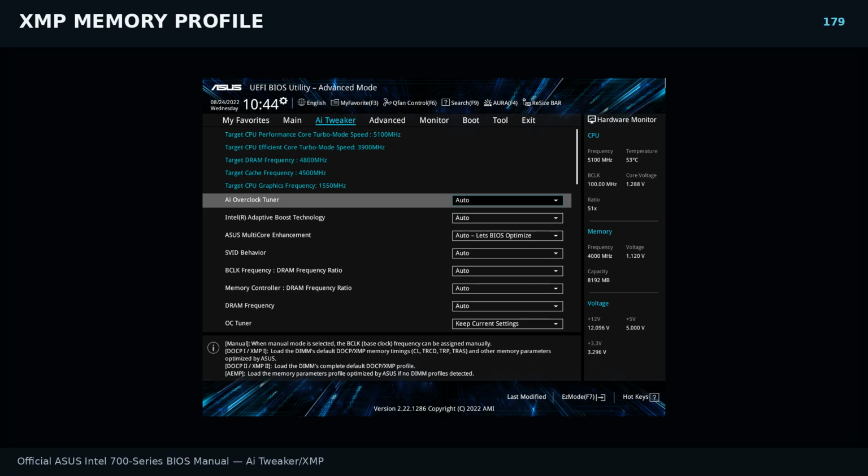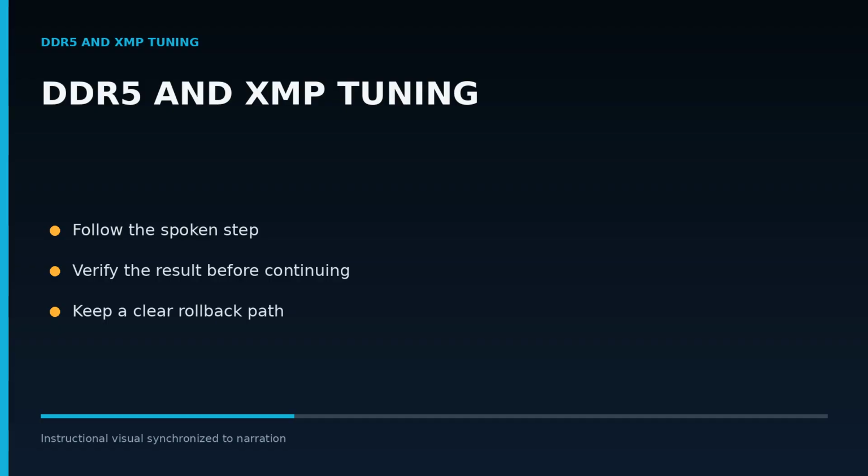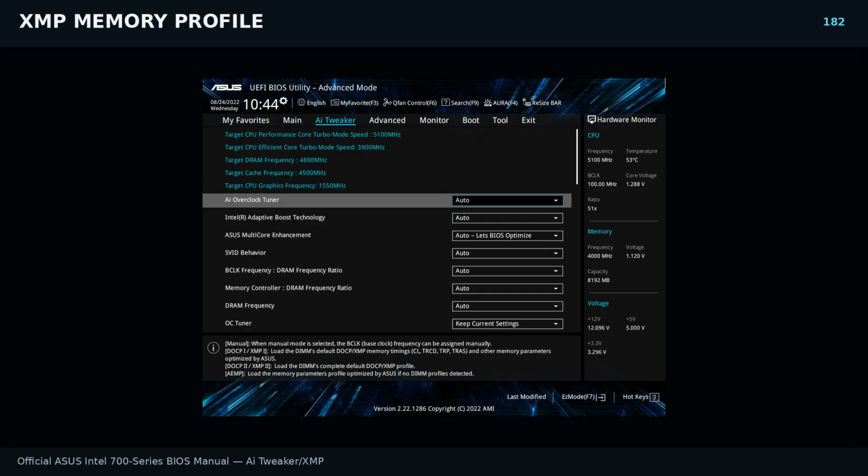On ASUS boards, XMP1 often applies the kit's primary timings along with board-tuned subtimings, while XMP2 tends to apply the profile more strictly as written in the DIMM's SPD. Neither is inherently better. Try XMP1 first for convenience, and if training or stability is finicky, try XMP2. Remember, DDR5-6400 is a memory overclock relative to Intel's 5600 spec, and 2x32GB is a heavier load for the memory controller. If training fails, trying XMP2 or stepping down one bin to 6200 or 6000 can save you time while